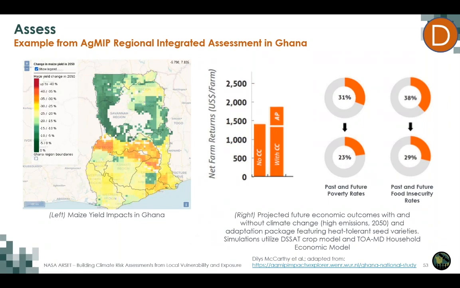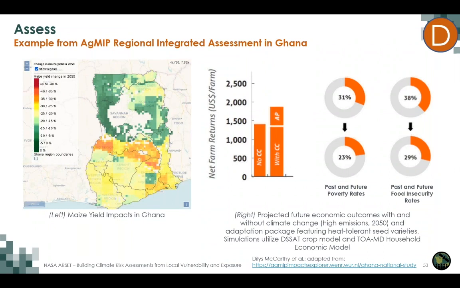yield results, and turn them into productivity and even economic returns for farmers, and how they change in the future if we are in a situation where there is no climate change compared to a situation where there is climate change, and even compared to an additional situation where we have implemented an adaptation package featuring heat-tolerant seed varieties. So this gives us a really nice picture to tell the stakeholders about which parts of the country are vulnerable and what will happen as climate changes if they don't act, and what might happen if they do better prepare